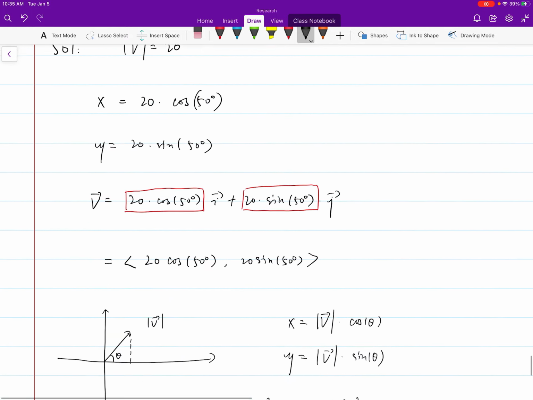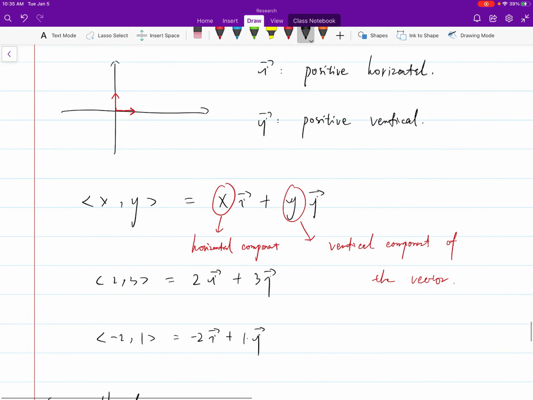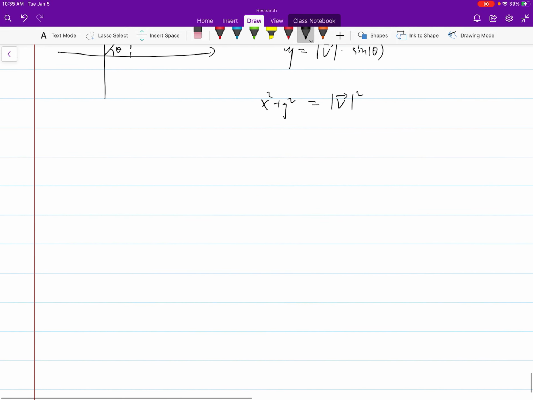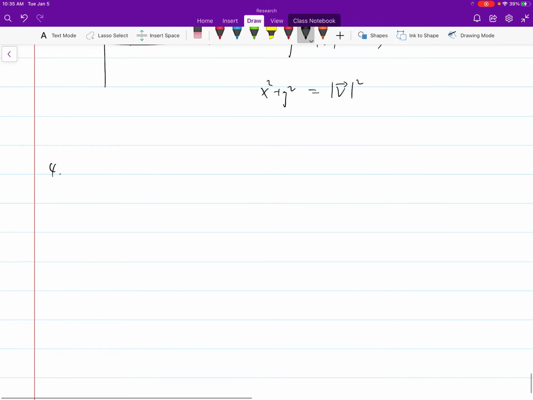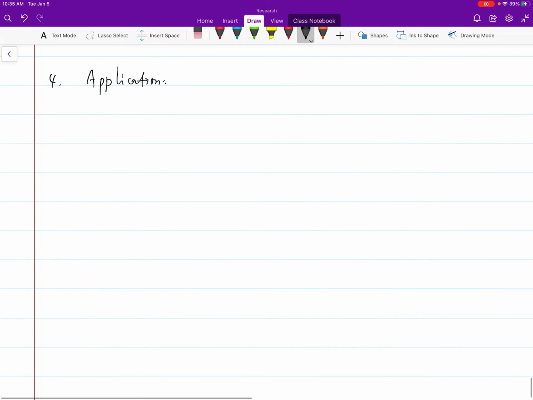Okay? Now, of course, we want to show you the application, which is why we do all the hassle to introduce such a totally new concept. Does it give us some convenience? Well, let's try to see several examples of applications, and you will see vectors are really powerful. The first one, let's say we have an airplane